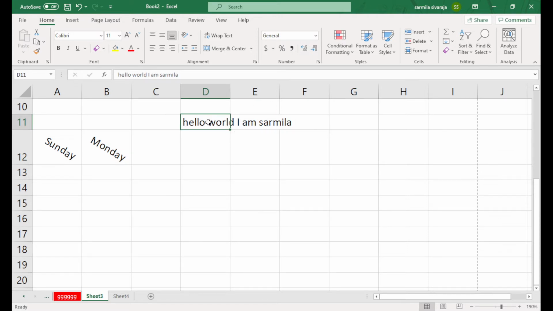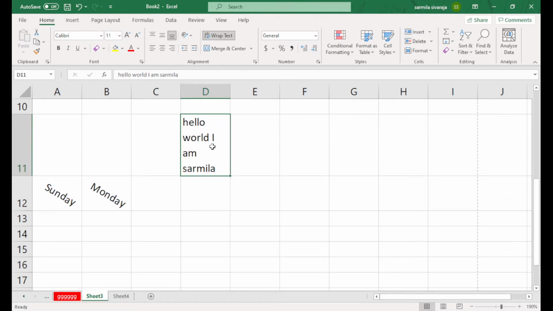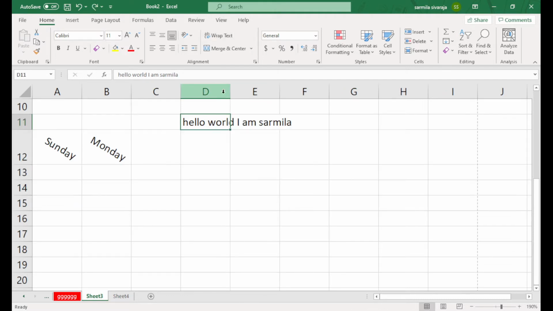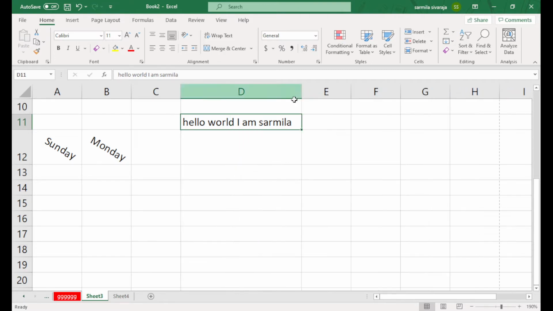So I will select this cell and press wrap text. It aligns the text into the cell. By default it aligns every text under this cell simply. Or you need to select this option and drag this much, then only it fits your cells. That's about the wrap text.